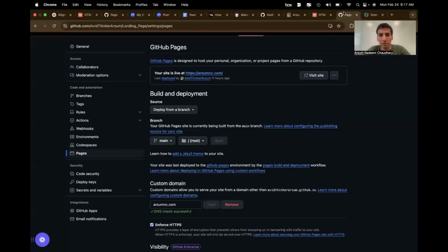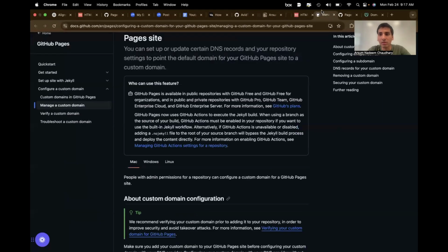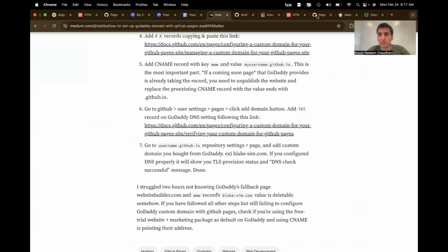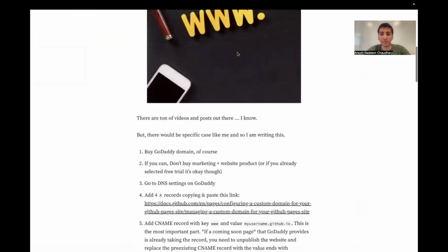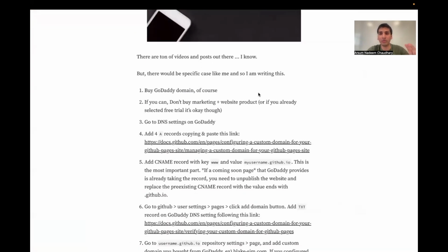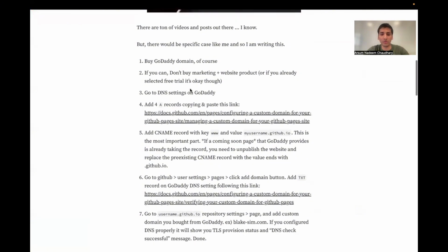For this, you have to use a page. Let's see where that page is. I think it's this one. These two pages, right? There's this very good document on Medium. It tells you how to connect GoDaddy with your GitHub pages. And once again, you can do it for any domain. If it's anything apart from GoDaddy, that should work fine as well. I will attach a link to both of these two web pages for you